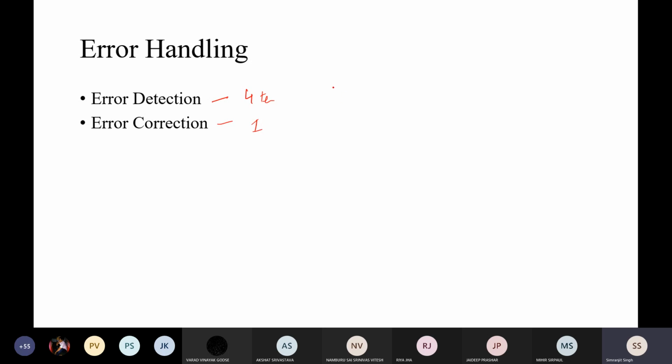Okay, so error detection, what it actually means is that if you're sending some data, the error is of two types. First is your single bit error, and another thing is called your burst error. In burst error, there are 2 or more bits that are corrupted. In single bit error, only 1 bit is corrupted. Single bit error can be easily detected, and burst error means that 2 or more bits are corrupted.